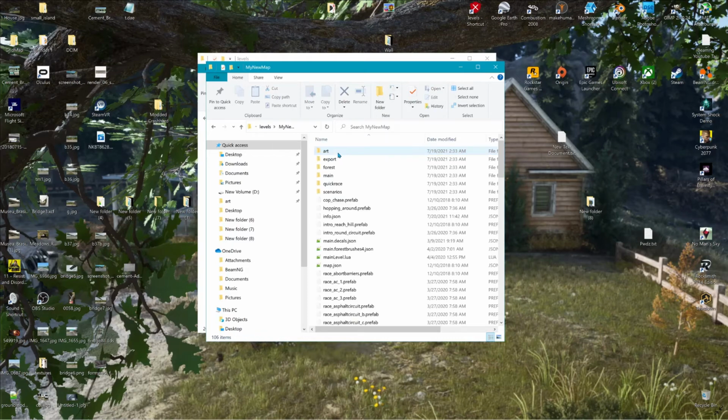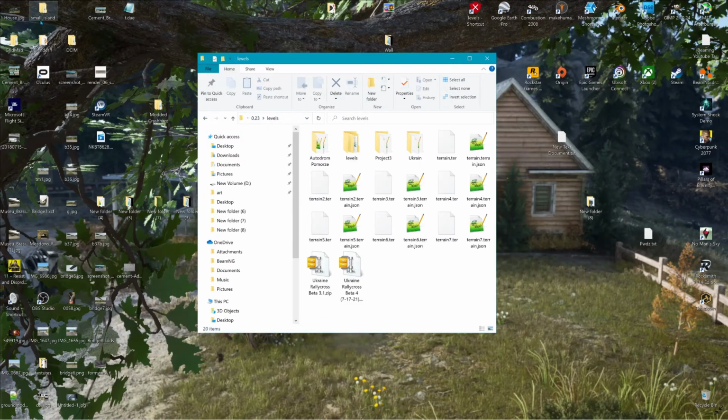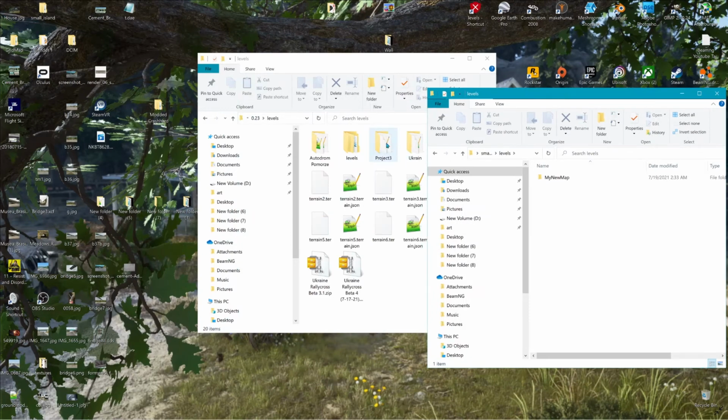What I mean by this subfolder is where I extracted to on my desktop. It's a small island, then it's a levels, and then it's a small island. Well, this content in the subfolder is the one that you need, because when you put it in your levels,